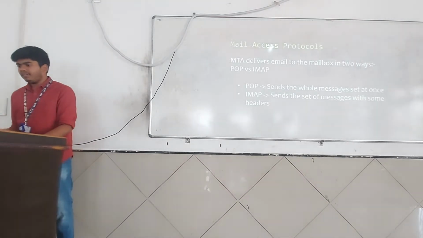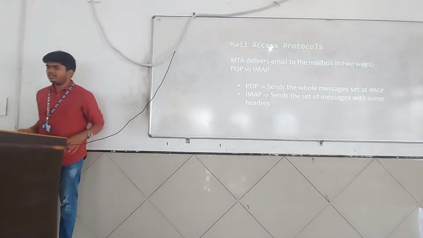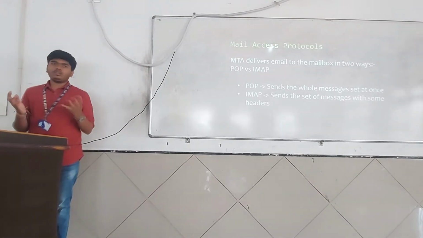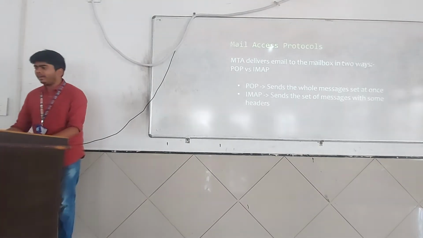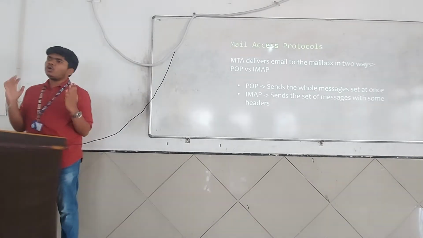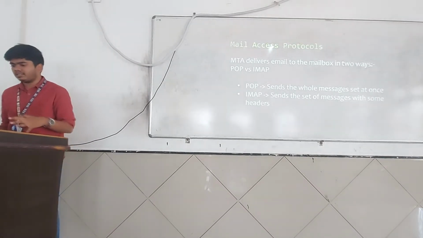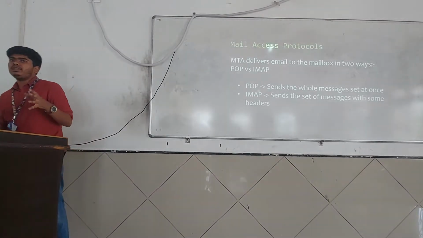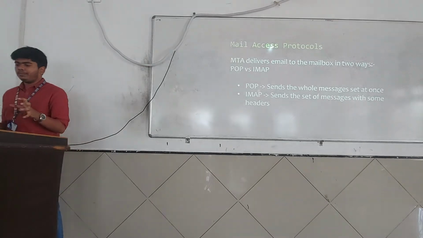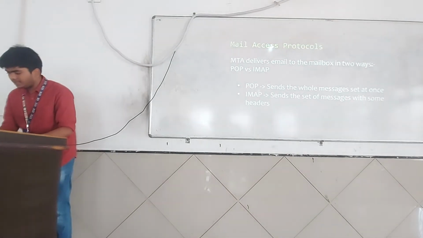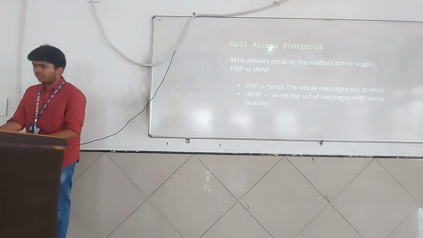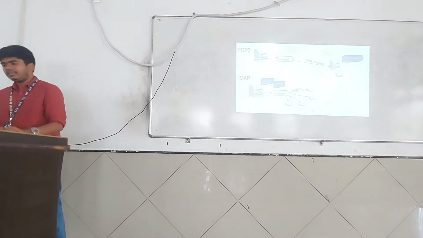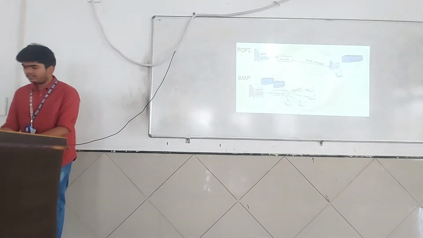And then here we can see the mail access protocols. Basically, mail through the internet is sent with two types of protocols: POP and IMAP. POP means the whole message will be sent at once to a particular server, whereas IMAP will just send the header. We can see this in Gmail, where we are shown the subject but not the whole message. So if the subject is required, we just get it through the topic. So these are two types of mail access protocols, and these are some explanatory images.